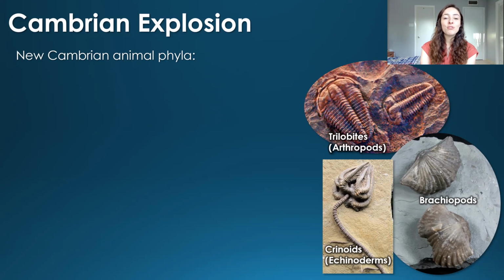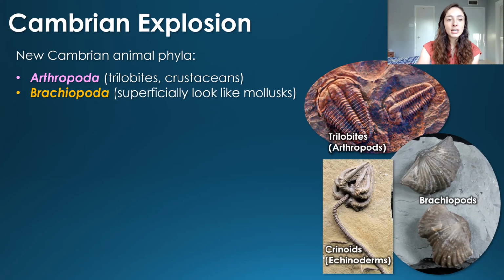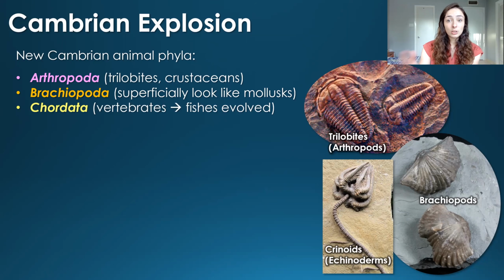So the new Cambrian phyla, animal phyla, which is just a taxonomic group of organisms. The major groups of animals that evolved in the Cambrian include arthropoda, arthropods like trilobites and crustaceans, as we can see these trilobites over here to the right, had evolved in the Cambrian. Brachiopods, as we can see in the bottom right of the screen, that look superficially like mollusks but aren't mollusks, had evolved. Chordata, vertebrates, so we're chordates, we're vertebrates, like fishes, had evolved, but their fossils are more patchy and